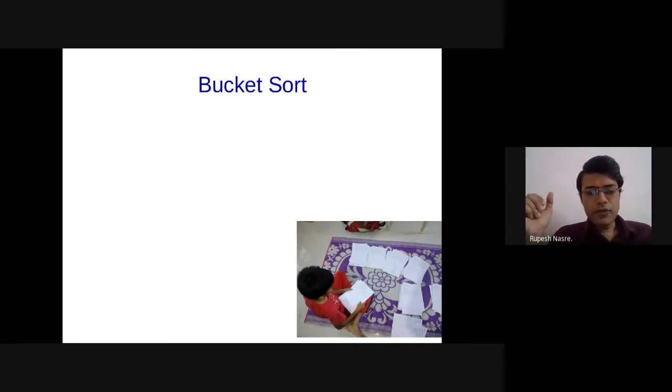So typically there would be 6-7 buckets required, and he could create buckets. Individually the buckets are unsorted. Inside the bucket the scripts are unsorted based on the roll number. So you would take one bucket and sort those 10 scripts, and then the second bucket and sort those 10 scripts, and so on. And the buckets are anyway sorted. So once individual buckets are sorted, then you go over the buckets in a particular order, lower to higher, and then get the final sorted order, right? So that essentially is a bucket sort.